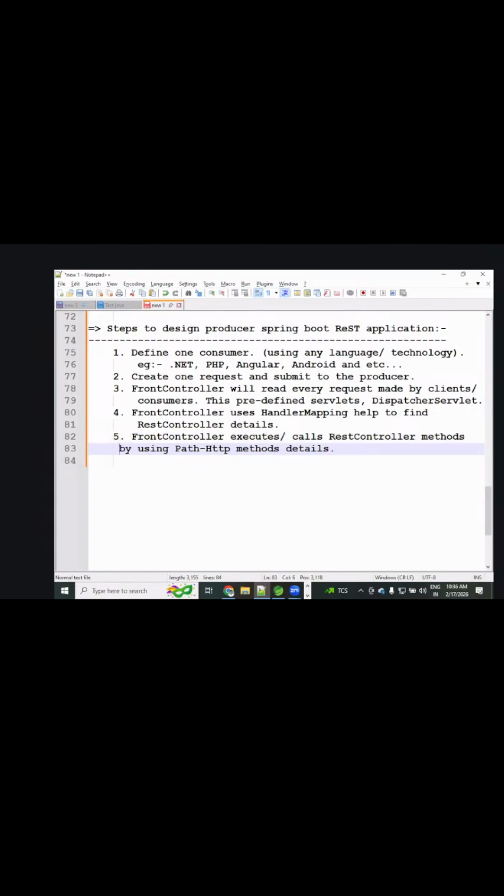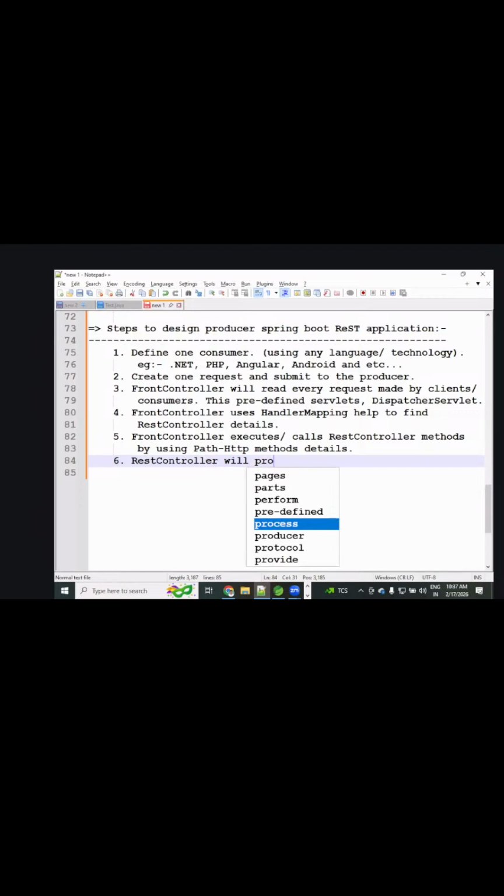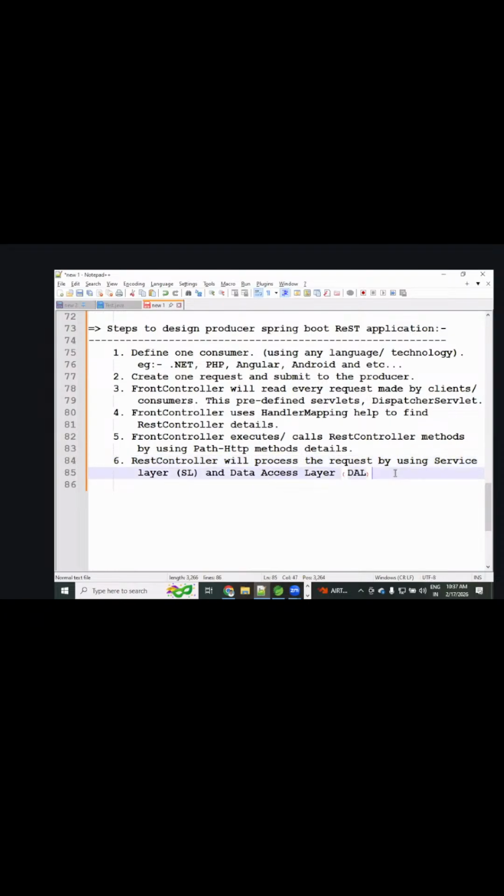Details. Okay, while developing that application, I will give more clarity about all these steps. For now you can listen. What is step 6? REST controller will process the request, using the service layer and data access layer.